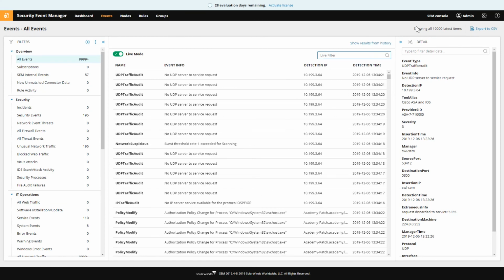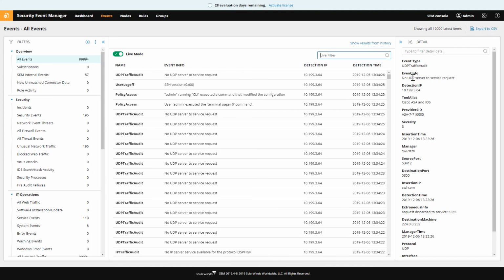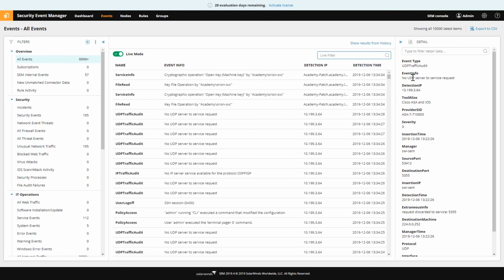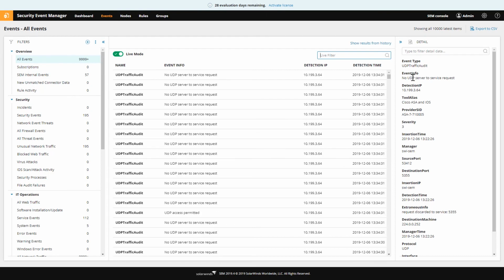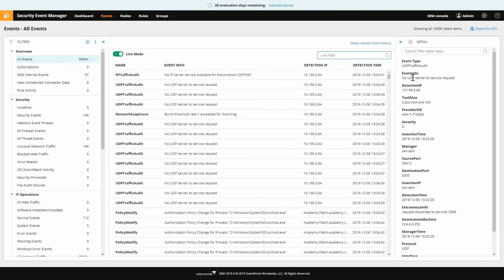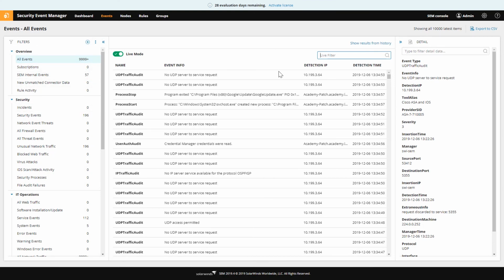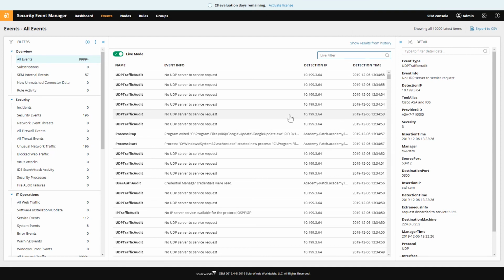So right now we're showing all 10,000 of the latest items, and there's essentially a limit of 10,000 per each filter by default. The reason we do that is for memory, right? All of these events come at a memory cost when they're displayed in the console in these filters. So we have to limit that in some fashion so your SEM memory requirement isn't enormous, and it remains usable. And that's the cap that we chose. And that goes for your historical searches as well. However, both the individual filter limit as well as the historical search limit can be adjusted via the settings tab.